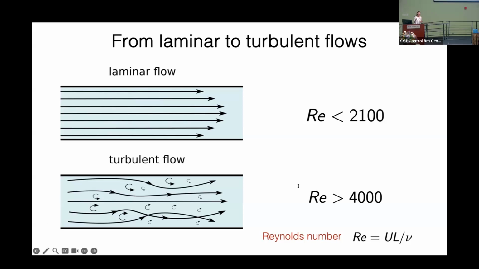In between, you have an intermediate regime with intermediate values of the Reynolds number, where the ink will start to form wavy patterns. However, there still will not be mixing really. In this wavy pattern, the ink would maintain its coherence.